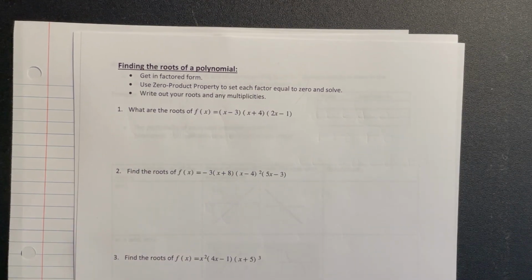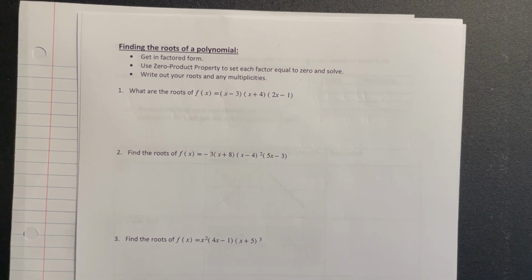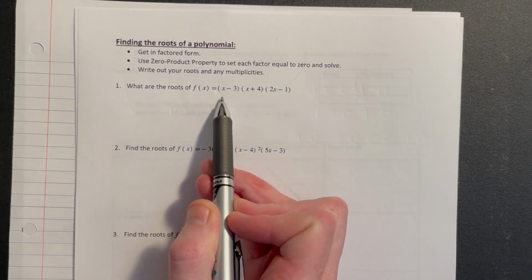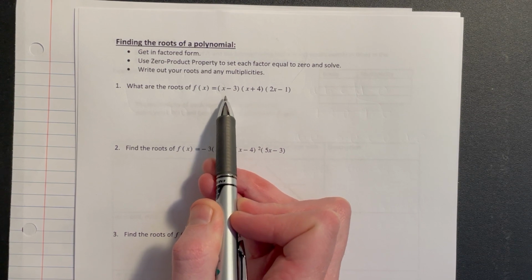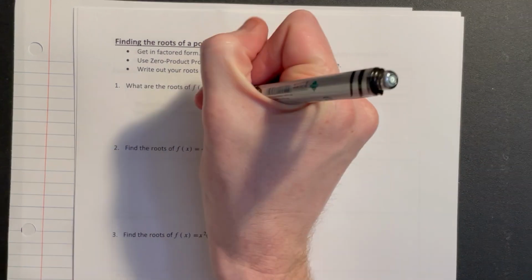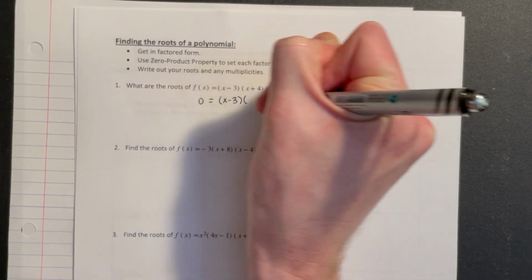I'm giving you a few of these functions already in factored form. In a later video, we'll talk about how to actually put something in factored form. So we're going to write these out. We've got a factored polynomial of x minus 3 times x plus 4 times 2x minus 1. If we set this function equal to 0, and that's how we find the roots,